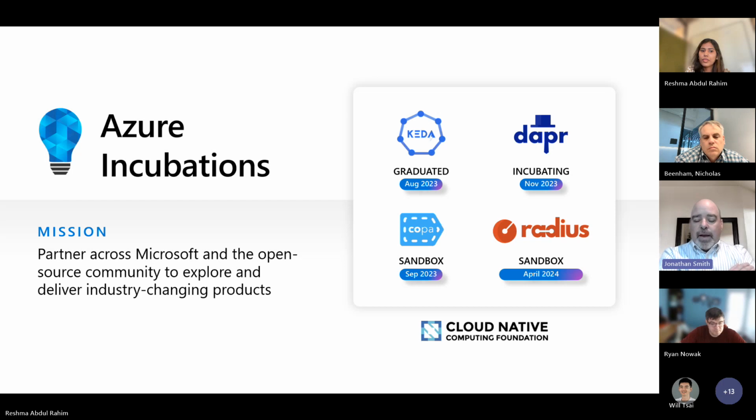I'm going to talk more about the significance of that. But first, I wanted to give a little bit of context about how this group works with CNCF, how the Azure Incubations team works with CNCF, and then we'll talk a little bit more about this Radius approval. So I think most of the folks on this call know that this Azure open source incubations team that Radius started in